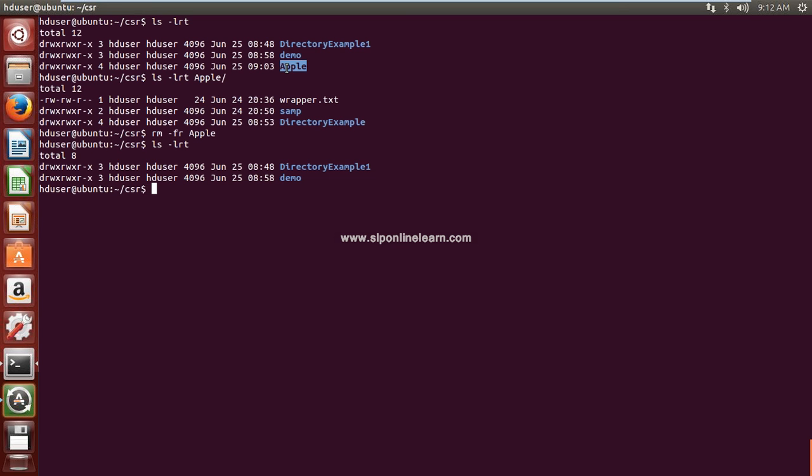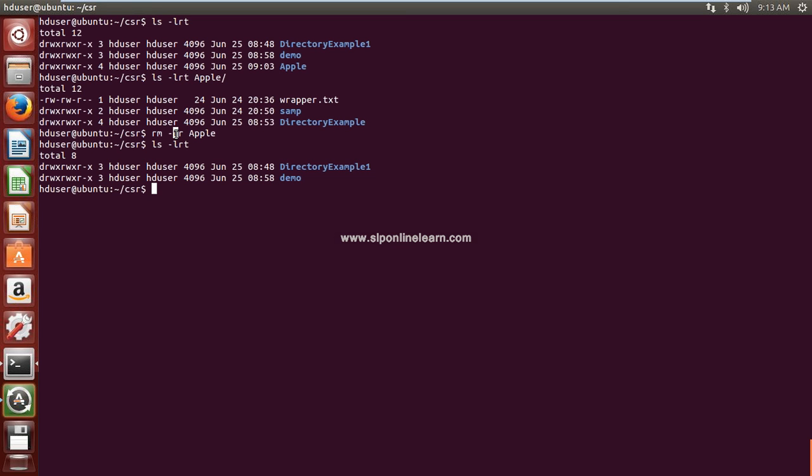So the rmdir command is only to delete empty directories. If the directory is not empty, then you can use the rm command with some options like f and r. F is not mandatory, but R is a must. Why?